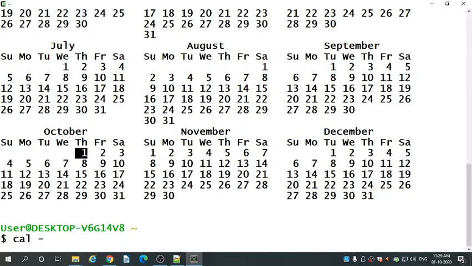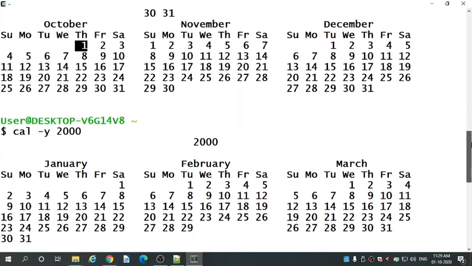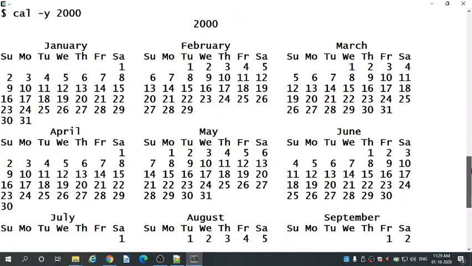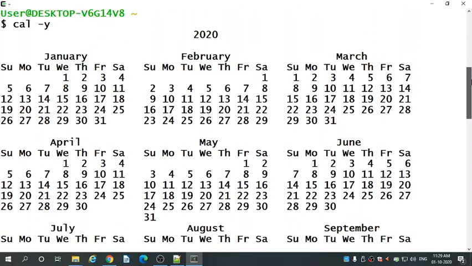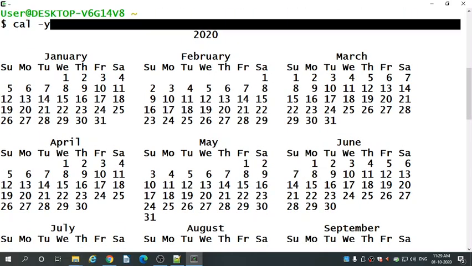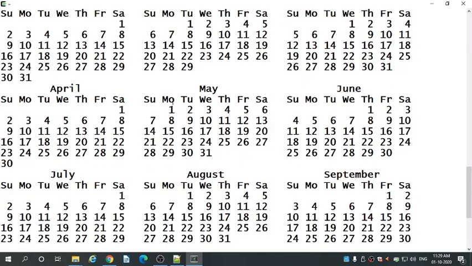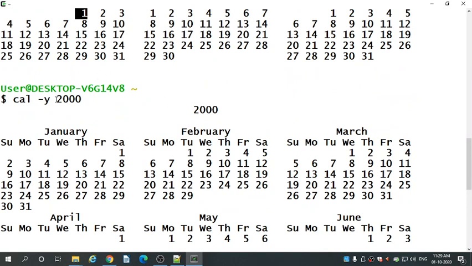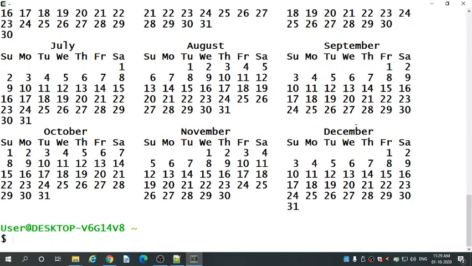So -y, then 2000, and you will get here the entire year of 2000. This was 2020 when you are not using any year argument. Now you are using 2000 as an argument for the calendar, so it will show you January to December, all the months.